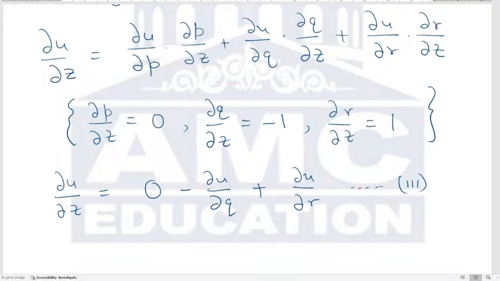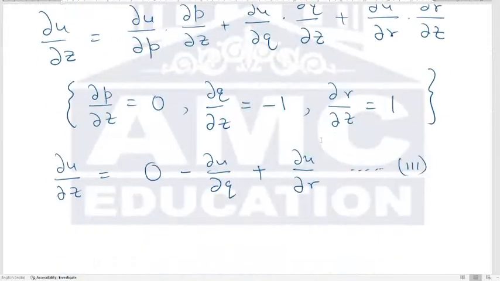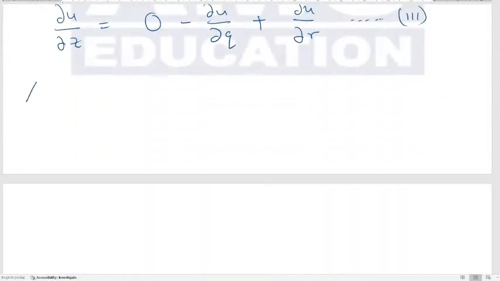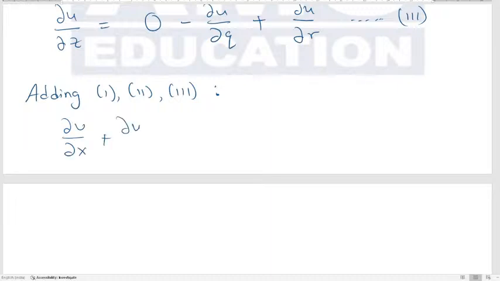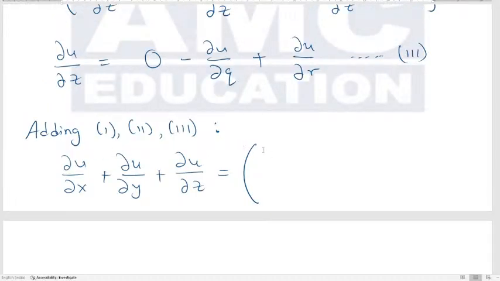Correct? Now, let's summarize everything and we will get our proof. So you see that in the question, let's add all these equations. Adding the equations 1, 2, and 3, what do we get? We get on the left hand side ∂u/∂x plus ∂u/∂y plus ∂u/∂z is equal to